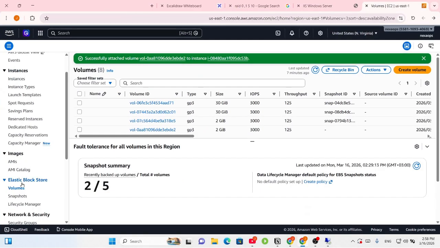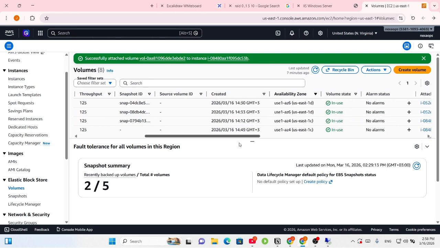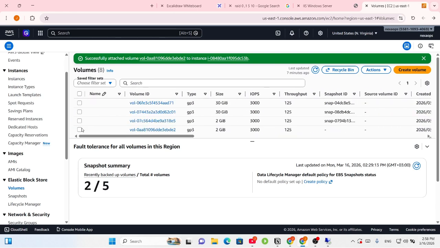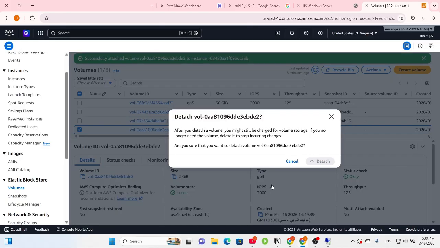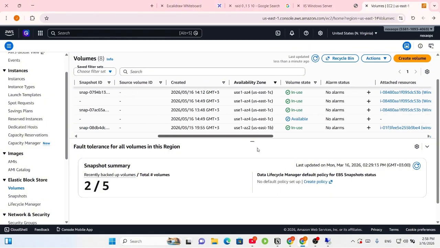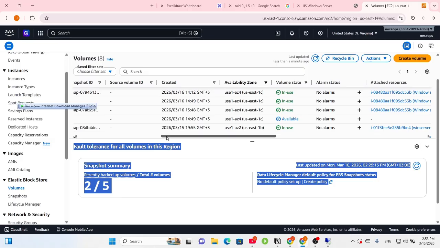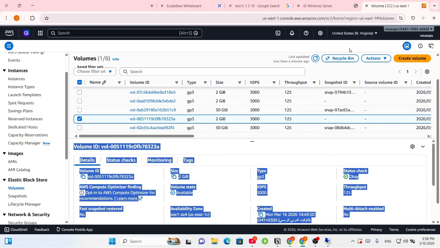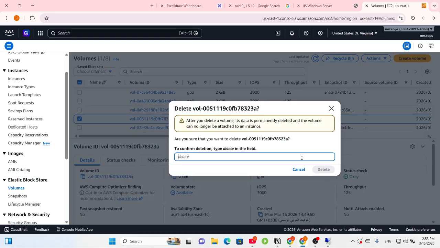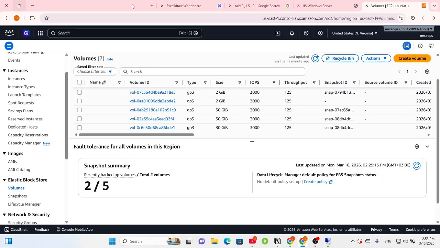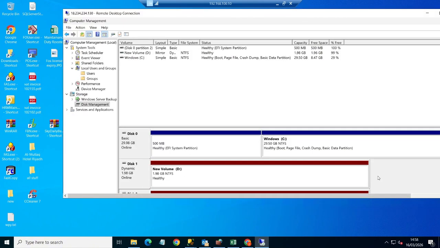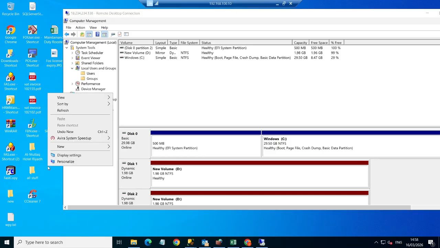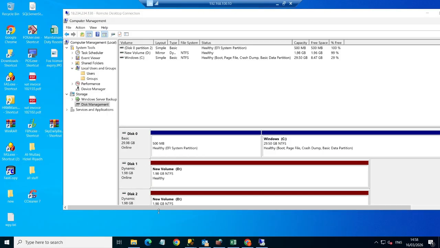Delete completely the instance. Go to volume, and we have two here. I'm going to delete any one here. I'm just going to detach the volume, detach it completely, and not only detach it, it's available now. Just delete it completely. Delete the volume. Delete volume here. Delete it, and go ahead and refresh data here. So just trying to simulate what will happen if we